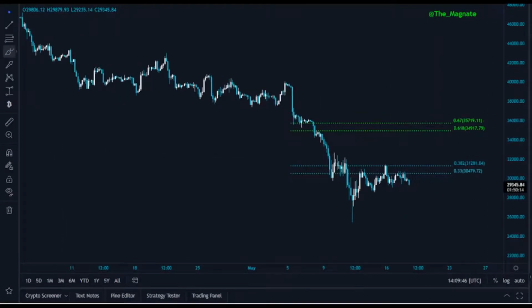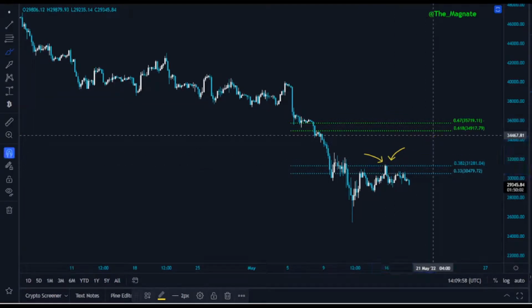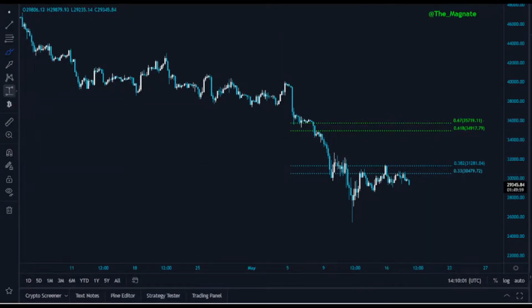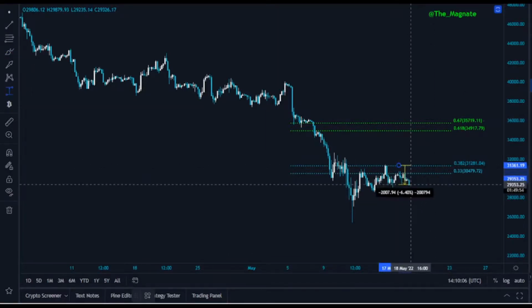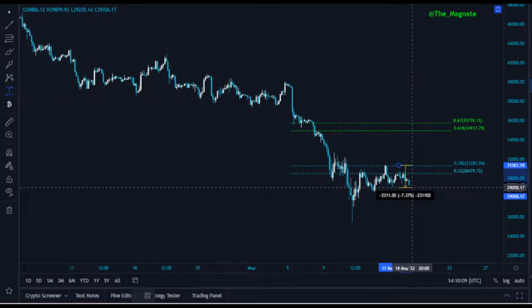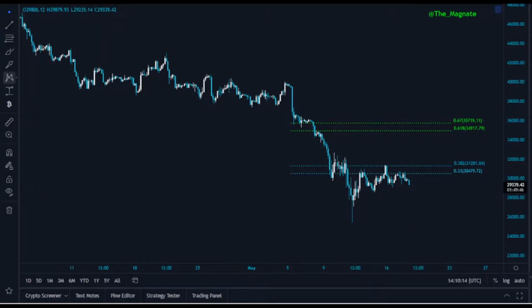And as you can see, in the last few days, we've been following these fib levels, and we're getting a perfect rejection right from 382, the mirror image of the golden pocket. As expected in the last video, I also posted via Twitter that highly likely we're going to reject from the 382 and 33 level. And we saw, as I updated in the previous post, nearly a 7.5% dump in the market. In the last 24 hours, the 4-hour time frame, as well as the lower time frames, are getting rejected right from the Fibonacci levels, and we're printing lower highs.